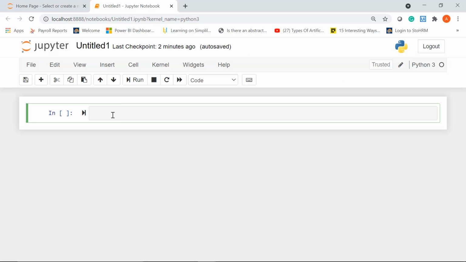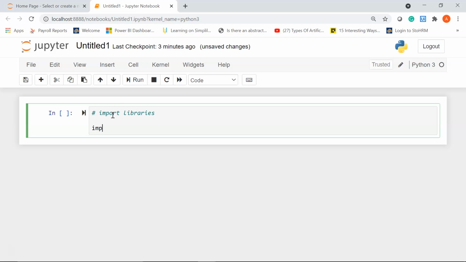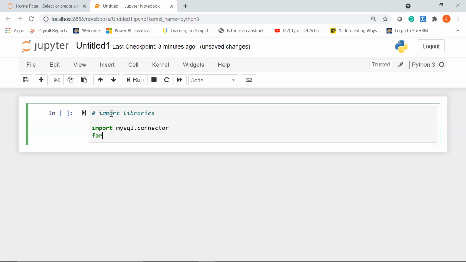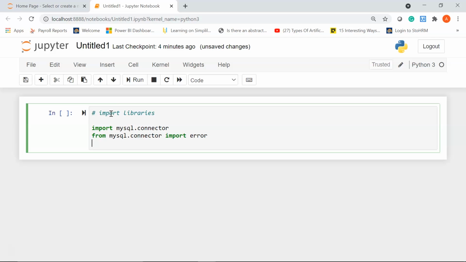First and foremost, let me go ahead and import the necessary libraries. I'll give a comment as import libraries. Alright, so first I'll import mysql.connector. Next, from mysql.connector, I'm going to import my Error module.